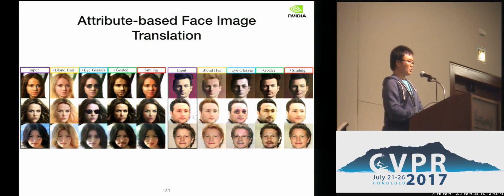In this model, the first domain is all images without blonde hair, and the second domain is all images with blonde hair. Then you can learn a translation from black hair to blonde hair. With another setting, you have images with no eyeglasses and images with eyeglasses, and you can do the translation from no glasses to eyeglasses. And you can add a goatee. I think Julie said that there are no ladies with goatees, so it's difficult to achieve with conditional GAN.